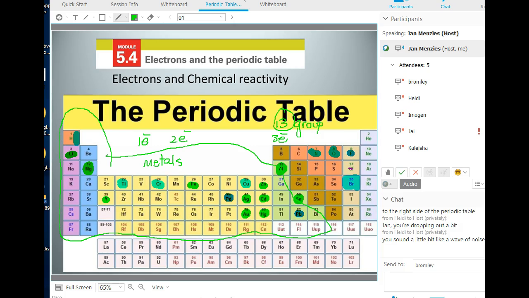Even the metals, very rarely in nature do metals appear in pure form. They're often in an oxide or a more complex form. So the periodic table is very artificial. About the only things that appear in pure form in nature are the unreactive ones. So we've started to highlight the non-metals, which are very reactive, and in nature they are combined with other things. So I'm just going to do a little blue circle